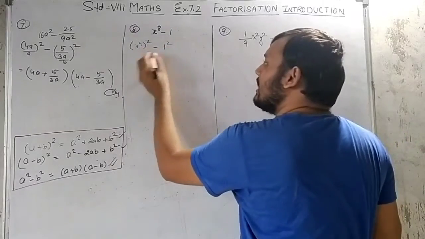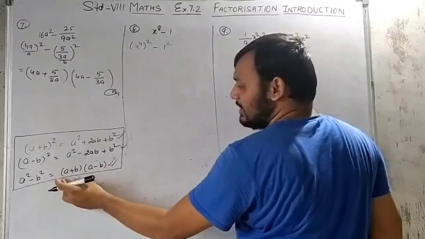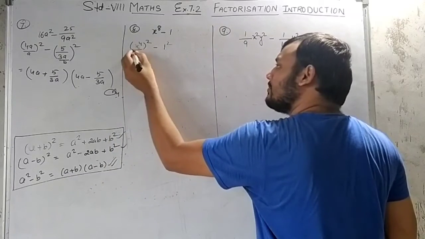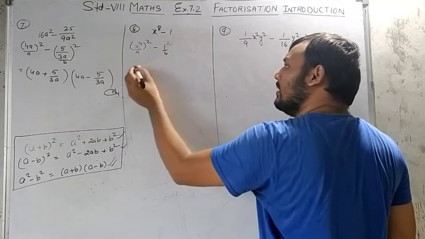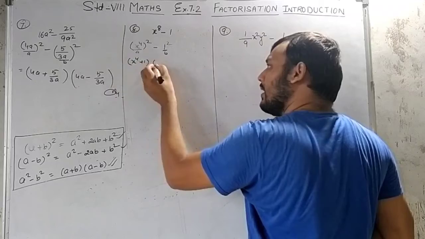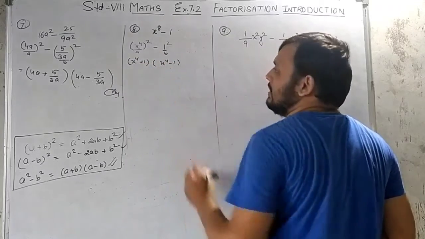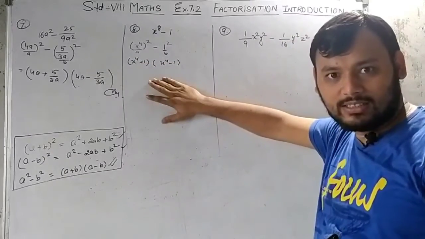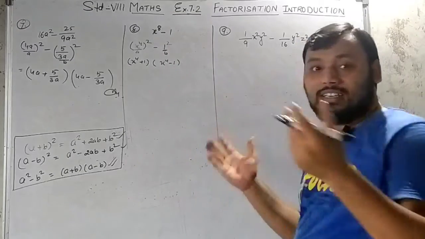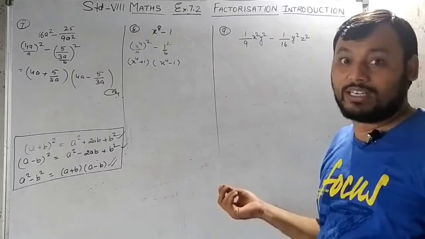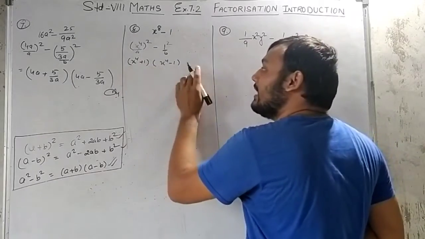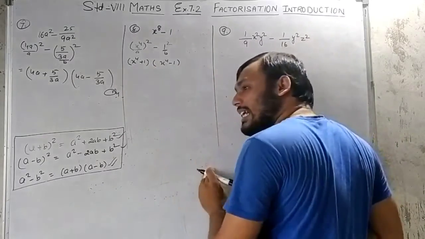So this is a square minus b square. So now we can write it like this with the help of this identity, I mean equation. That will be a plus b. So a is what? X raised to 4. B is what? 1. So that means it will be a plus b and a minus b. Is it our answer? Oh no man, it's not our answer. If you write the answer in such a way, definitely you are going to get half marks or maybe 0. I can't say properly. Anyway, so that means we will go for further expansion,